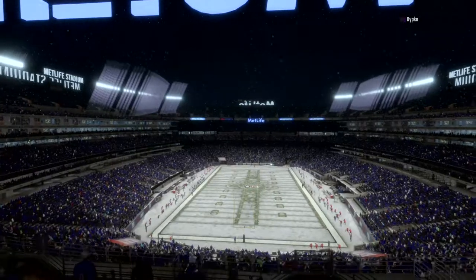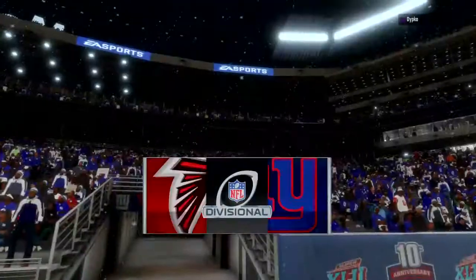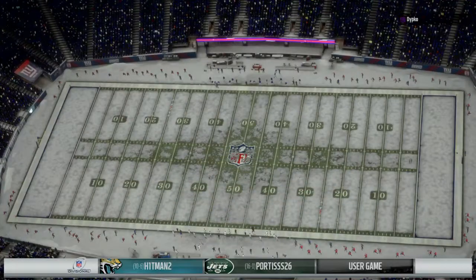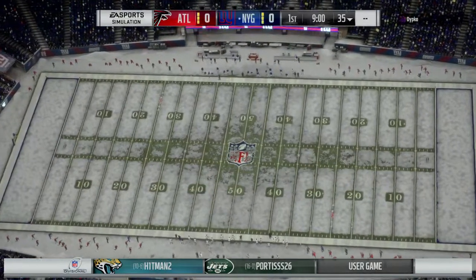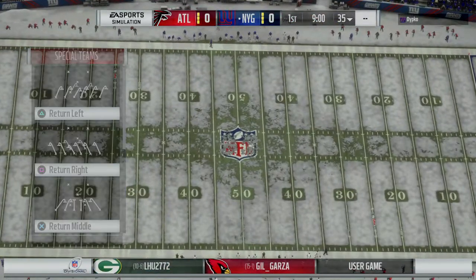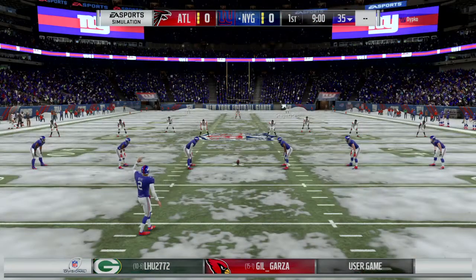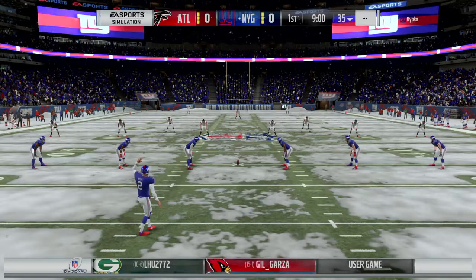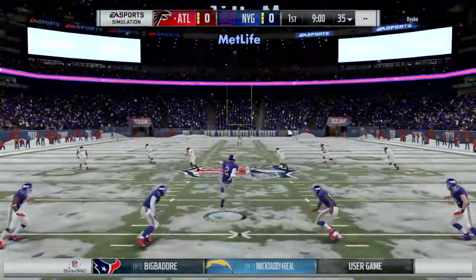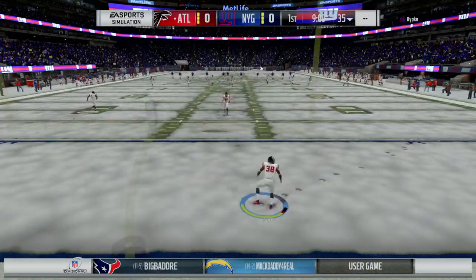All right, Coach, we welcome everybody to the Garden State. EA Sports coverage of the NFL finds us at MetLife Stadium in East Rutherford, New Jersey. Coming up, an important divisional round matchup in the NFC between the Atlanta Falcons and the New York Giants. One of two spots in the NFC title game awaits the winner here as we're underway in the divisional round